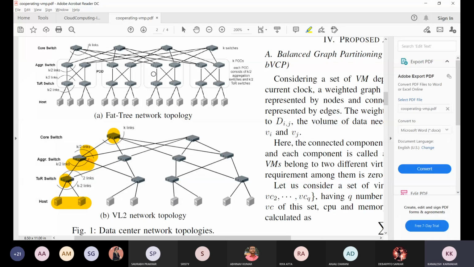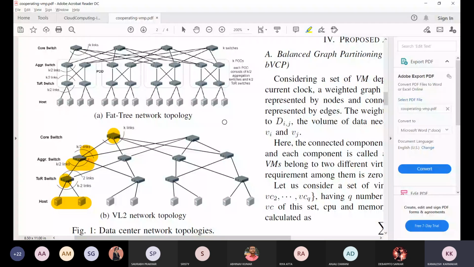With the advancement of these technologies, nowadays in most cases we prefer the FAT3 network topology. The reason is very simple. In today's world, the data transfer requirement is very high, because it's not only about computation, but we need lots of storage. A huge volume of storage is required for managing this data, which will be stored in the data center as well as processed.